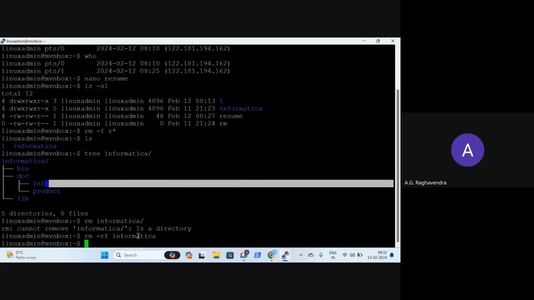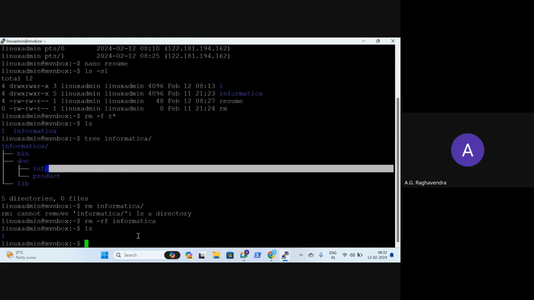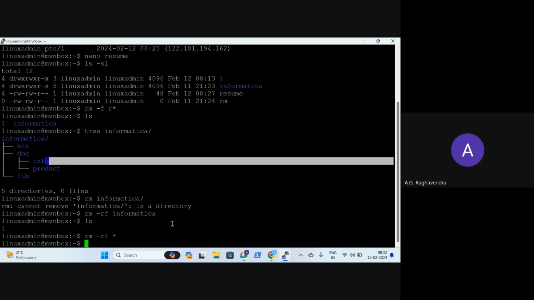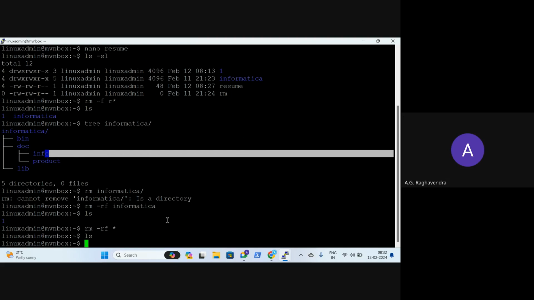Now if I say ls, I don't have any folders. Now again, if I say rm star, I cannot say rm star. I have to say rf. Why? Because this is a folder. Then that is removed. If I list contents, you don't have anything.